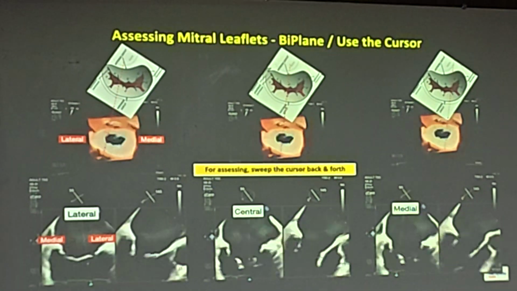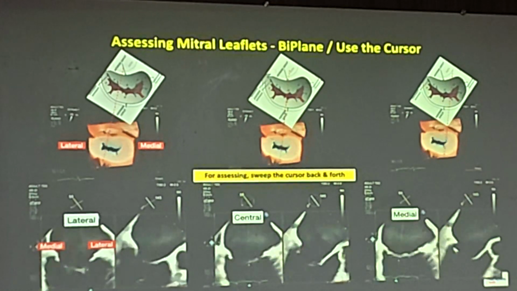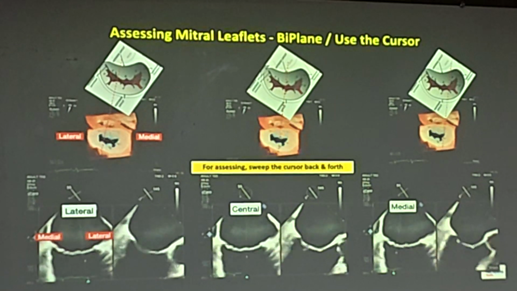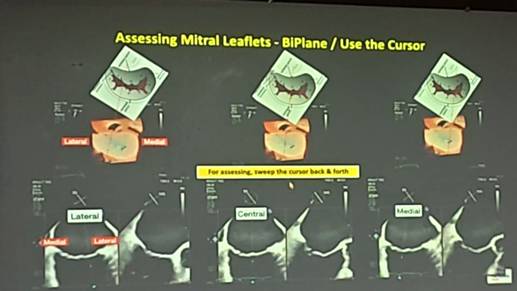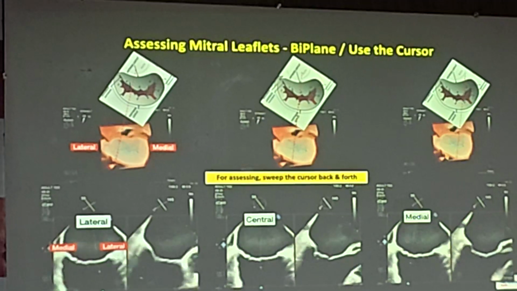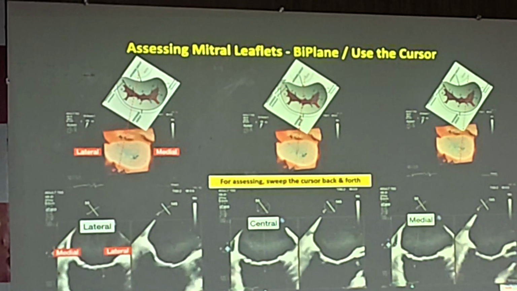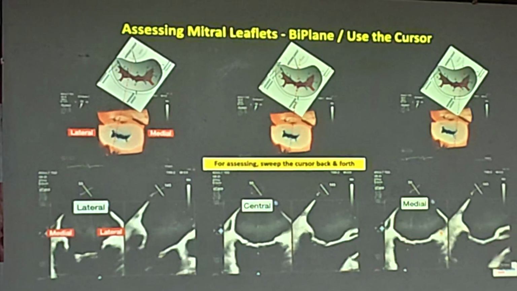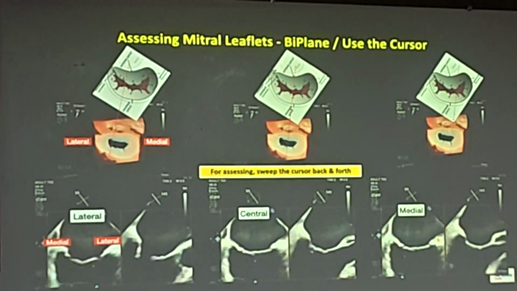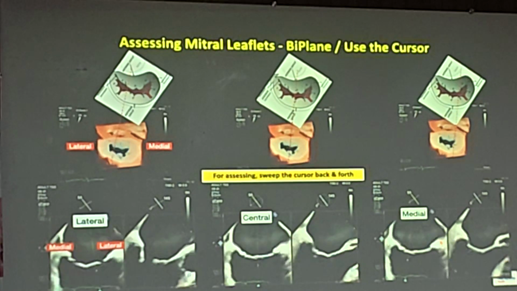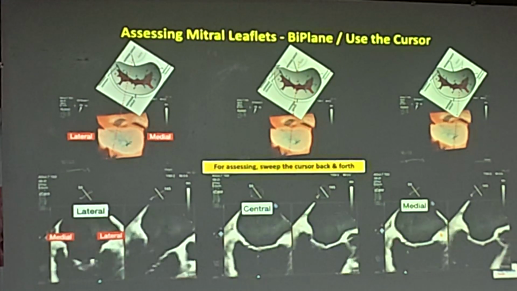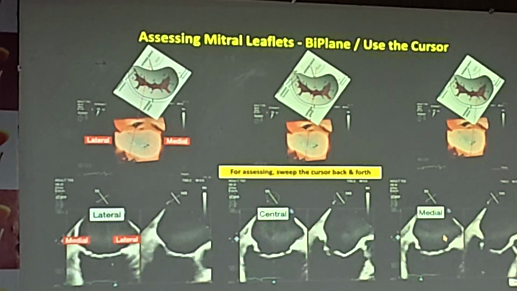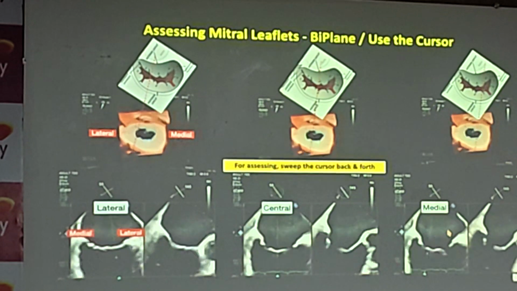And when I put the 3D over there, hopefully this gives you some context. When the cursor is in the center, you're actually taking a tomographic slice and you're looking at this piece of the leaflet on the other side here. But when you move it to the lateral side, you're only taking a cut of this. The advantage of 2D is that the resolution is great and you get to see the leaflets in a much better way than what you can see on the 3D. 3D gives you a lot of spatial understanding of the anatomy, but the 2D gives you a lot of information in terms of the resolution of looking at the leaflets and any abnormality.